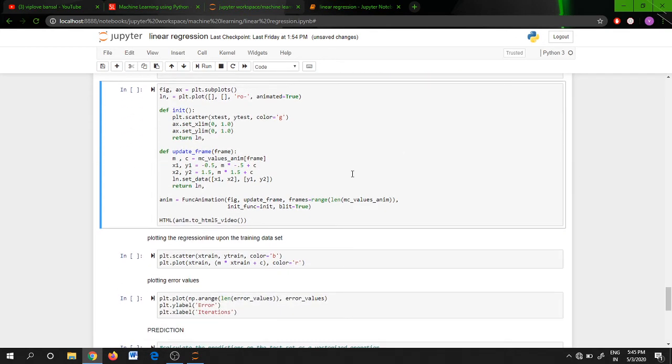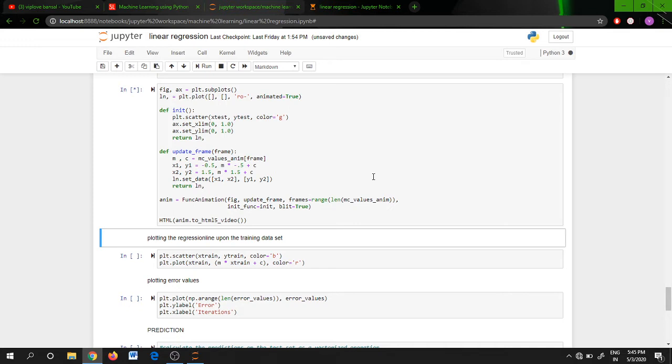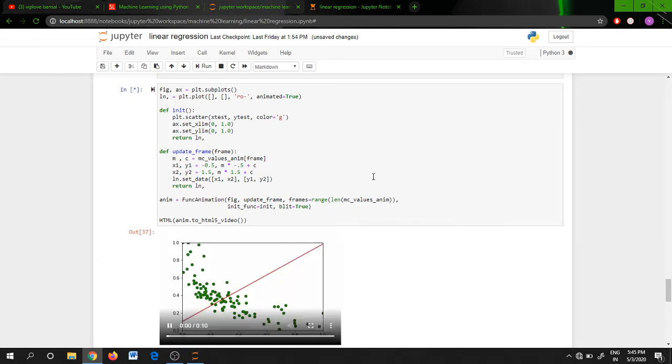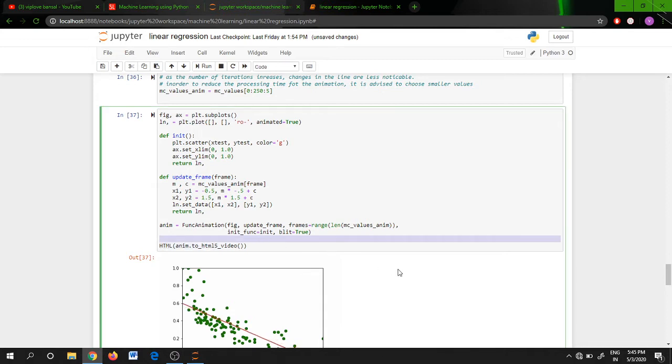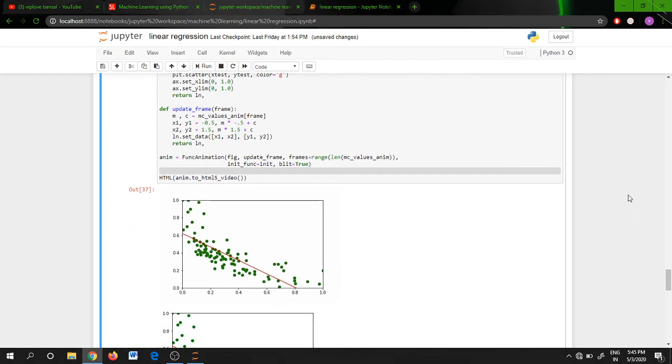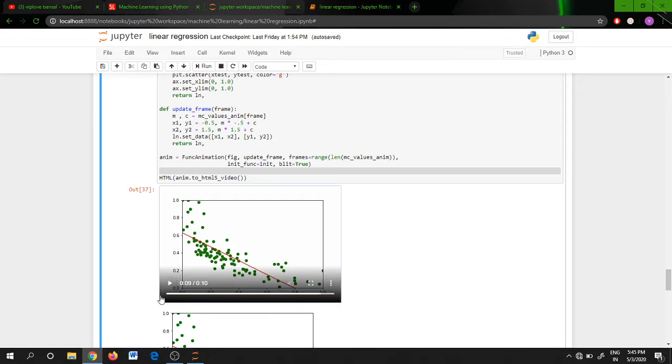Alright, so now we will plot our linear regression curve on the training data set, and this HTML function here is used to create this animation. As you can see, this line adjusts itself as per the data.